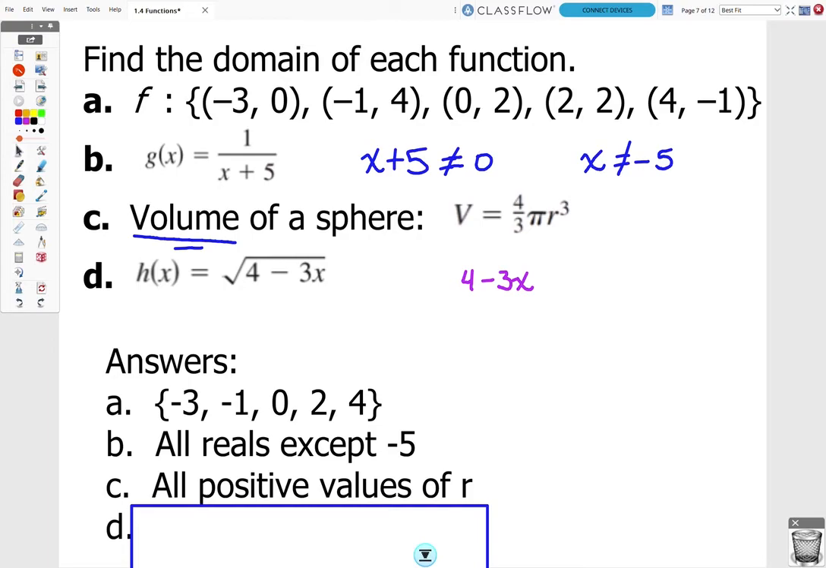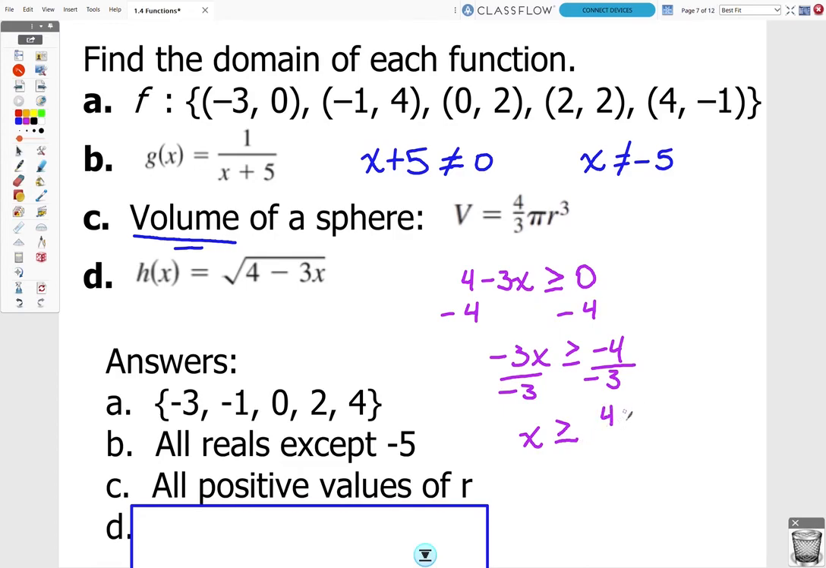It can be equal to 0 because the square root of 0 is 0, that's fine. But in order for it to be positive, we're now looking at values that are greater than or equal to 0. And so we're solving instead an inequality. So we start off by saying, okay, minus 4 to both sides. And so I end up with negative 3x is greater than or equal to negative 4. Then I divide by negative 3 on both sides. I end up with x is greater than or equal to